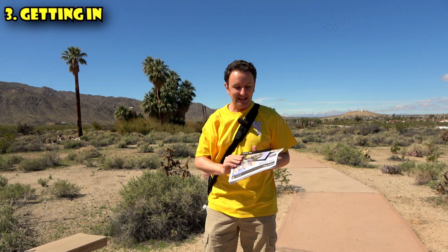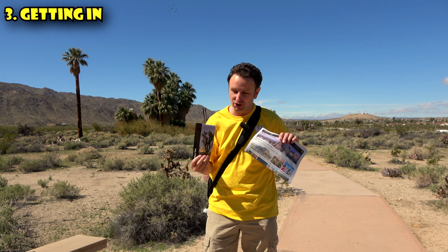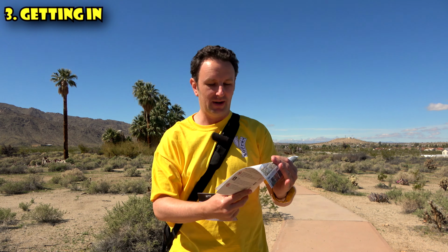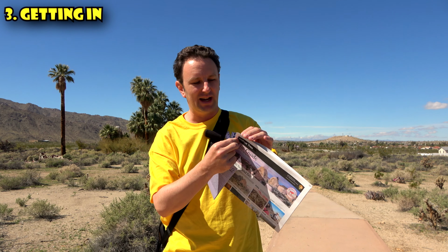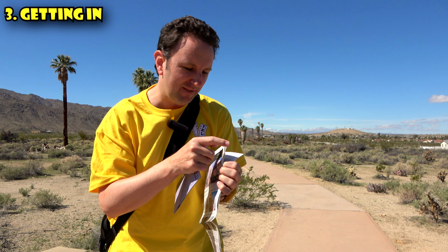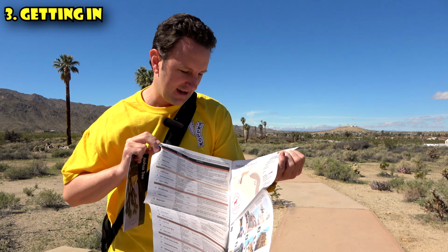Each of those entrances has a visitor center, and I would encourage you to go to the visitor center and pick up some maps when you get in. These will be really handy to help you around the park. There's one like this that's easy to put in your pocket, but pick up this one that also looks kind of like a newspaper, because this newspaper one also has a lot of great detailed information about the hikes that are in the park,